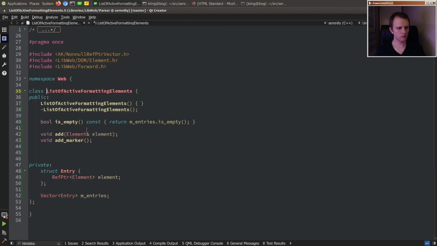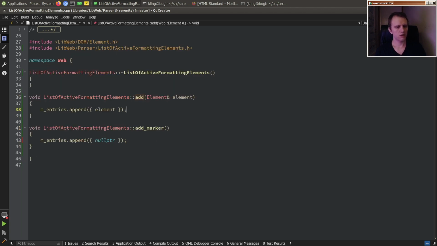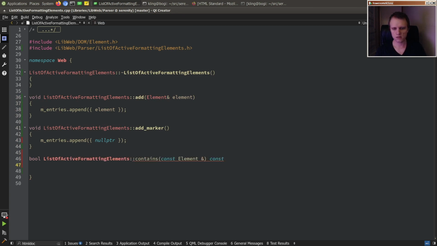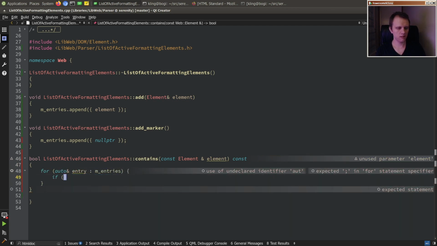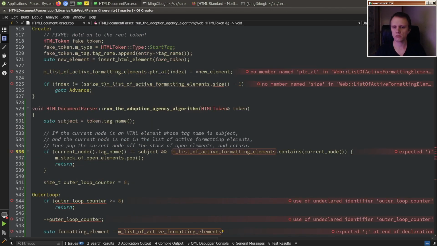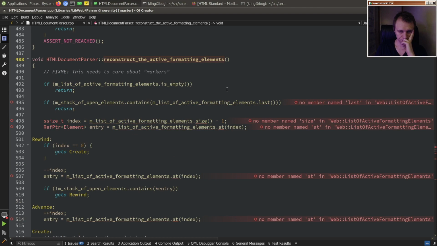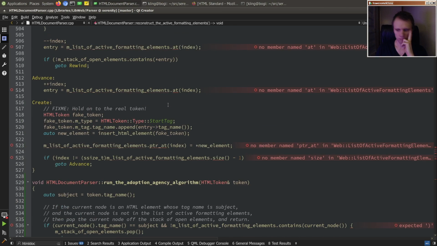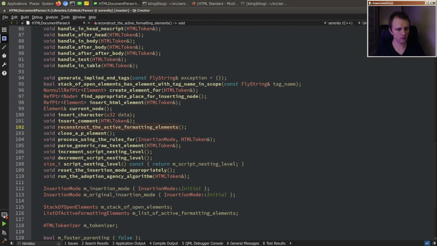That's a lot better. Okay, so then we need to have a contains API. Contains element can be const actually. Right, and then we'll just sketch out one of those guys real quick. So contains entry of my entries. If entry element is element, then my friend, return true. Otherwise, cool. So then we have all these other goofy APIs, like this algorithm here, which basically iterates the thing using a bunch of vector stuff. So for this particular thing, I guess one thing we could do is,